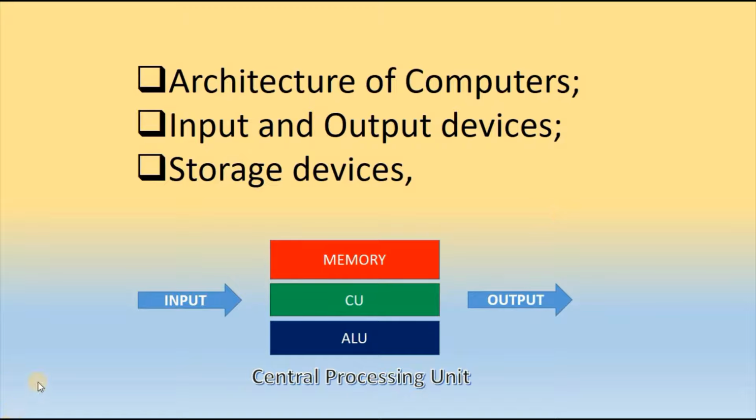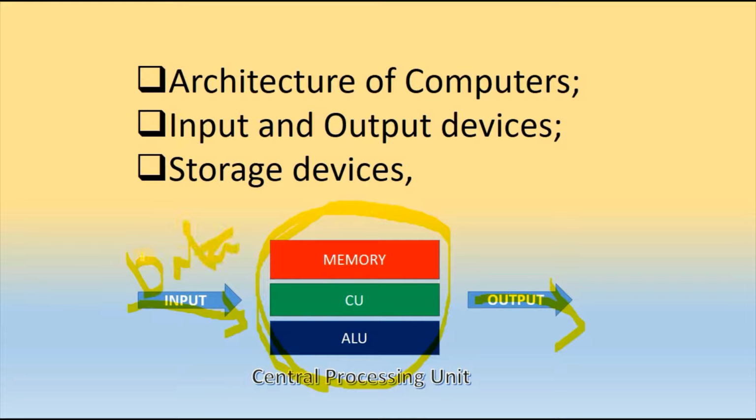Okay, let's start. So this is the central processing unit, that means the CPU, where we input with the input devices and get output from the output devices, and we always input some data and get information. And here is the memory unit where we store the data, sometimes permanently, sometimes temporarily, or sometimes you use the fastest memory like cache memory.